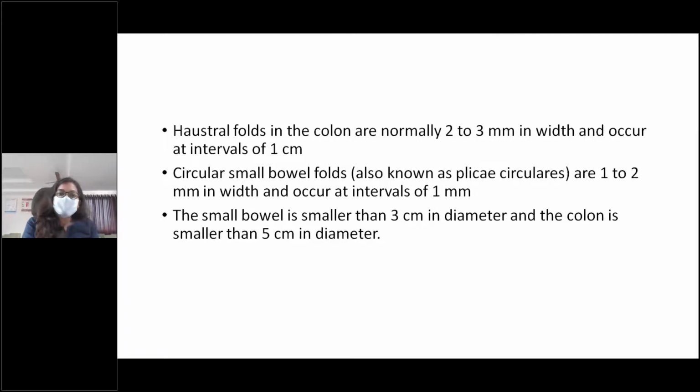At this point, I would like to tell you the 369 rule in case of bowel obstruction. If the diameter of the small bowel is more than 3 centimeters, the diameter of the large bowel, that is the colon, is more than 6 centimeters, or the diameter of the sigmoid colon is more than 9 centimeters, it is likely intestinal obstruction.